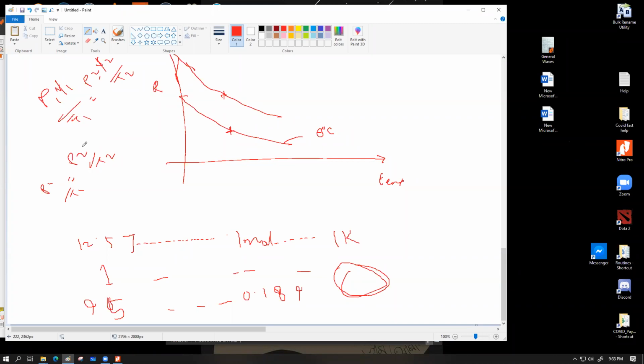PV equals nRT. Sir, that's why we first found the mole number. And in this whole question we have no RMS velocity related equation, which means equations like PV equals 1/3 mc squared, or half mc squared, or 3/2 kT do not apply here. So what you are left with is the basic ideal gas equation, which is PV equals nRT, or in other words, PV by T equals K.